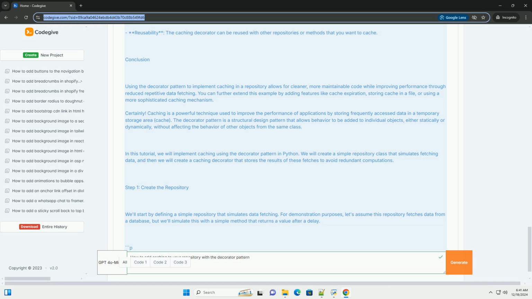Step 1. Create the repository. We'll start by defining a simple repository that simulates data fetching. For demonstration purposes, let's assume this repository fetches data from a database, but we'll simulate this with a simple method that returns a value after a delay. Python. import time. class DataRepository: def fetch_data(self, key): print(f"Fetching data for {key}"); time.sleep(2) # Simulate a time-consuming operation; return f"Data for {key}"